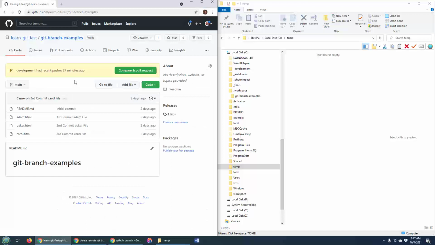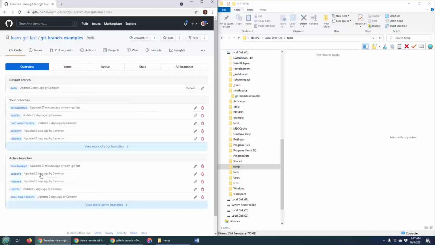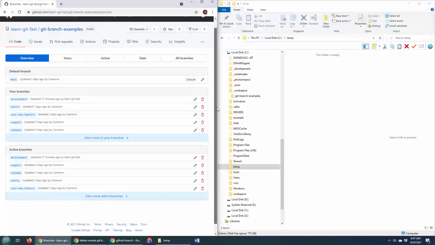And when I click over here, you can see it takes me right to the main branch, but you'll also notice there's a bunch of other branches in here as well. Bug fix, cool new feature, development, release, support. You can even click on view all branches and get a full list of all of the branches that exist